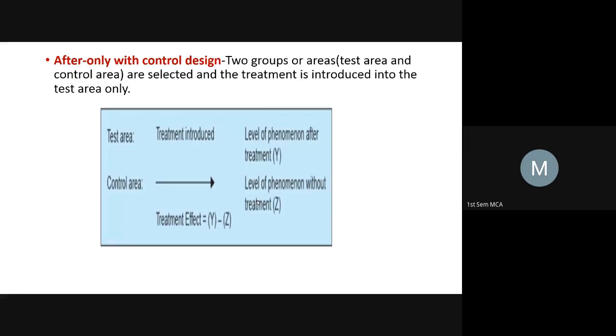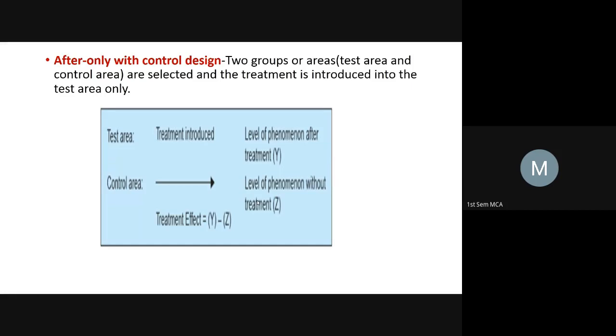What is the effect? So now, out of 15, I would like to see how many of them have scored 90%. How many of them have scored more than 90% with training, and how many students have scored more than 90% without training. One is with training, 15 students with training, 35 students without training.